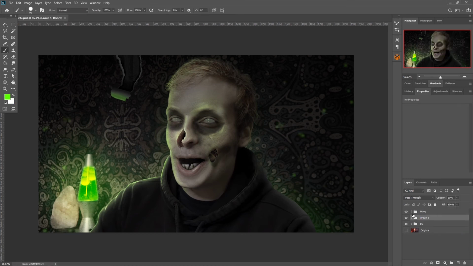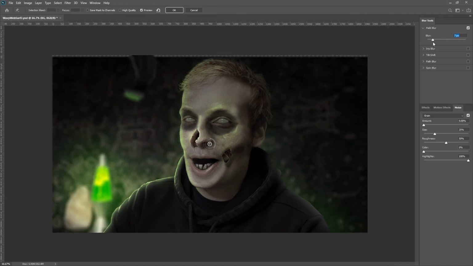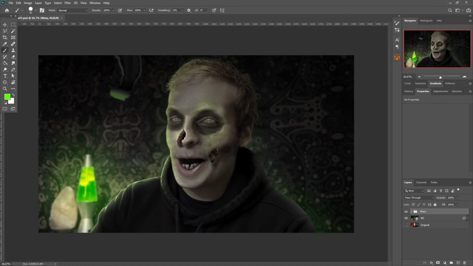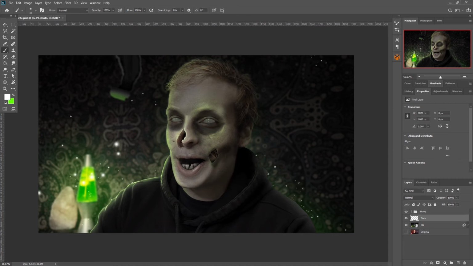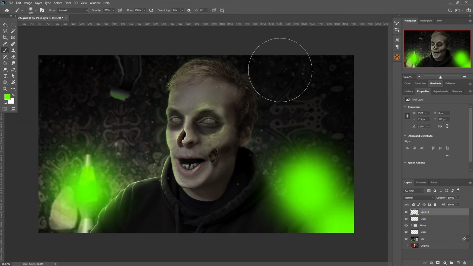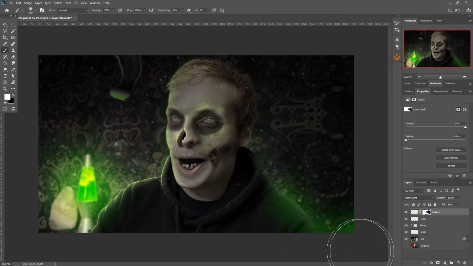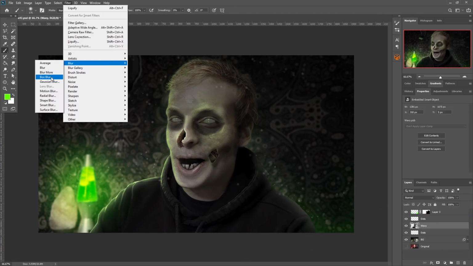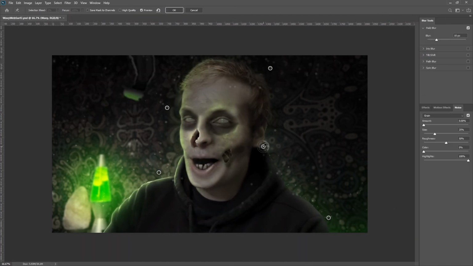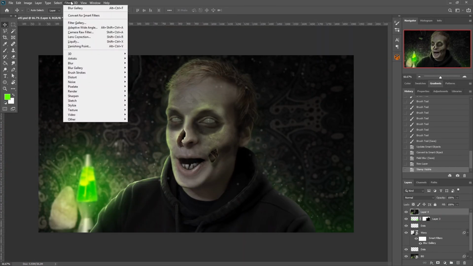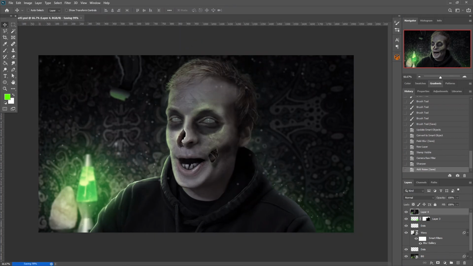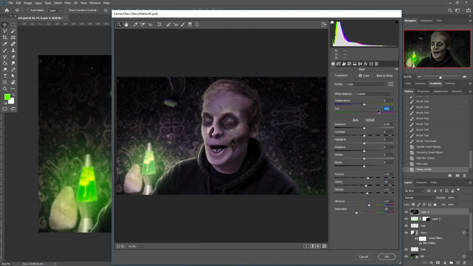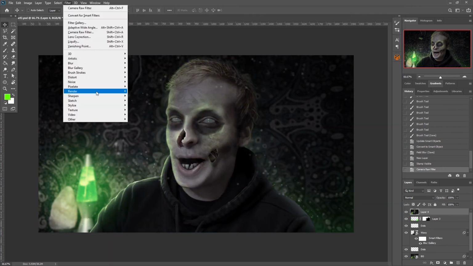Depth of field is going to help bring the focus back onto Mr. Zombified Wavy. So I add some blur, and then I'm adding some dust particles in the air, because presumably he's shedding some skin as he rots away in this room, and I can only imagine how bad it smells. All right, some more ambient glow, just to make it that much more atmospheric, and then some blur gallery, followed by a camera raw filter to really bring out that texture and dial up the color a bit. And then ultimately what we end up with after I sharpen it and add a little bit more noise is